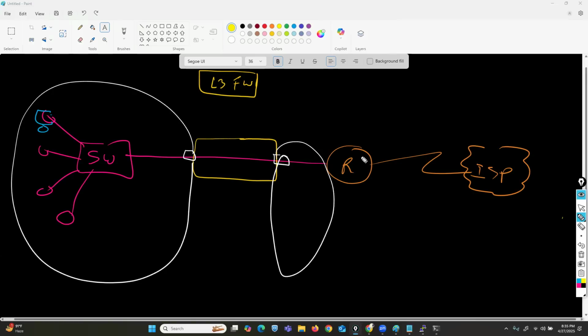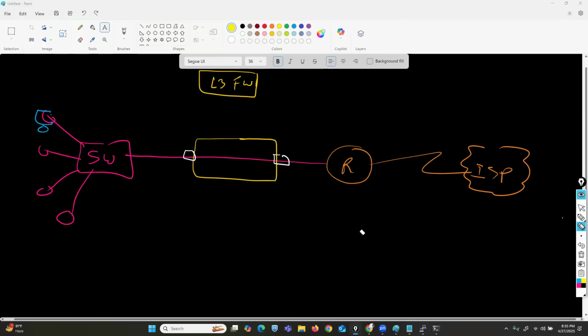If you want to deploy your firewall box as a layer 3 device in the scenario, no problem. You can deploy it as a layer 3, you can configure an IP address, you can change your existing IP address scheme and deploy, no problem. But in case you don't want to change any IP address scheme in this live network,